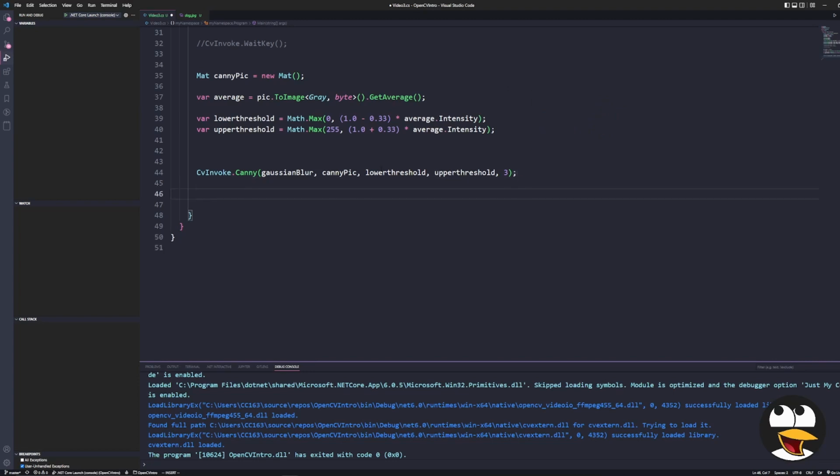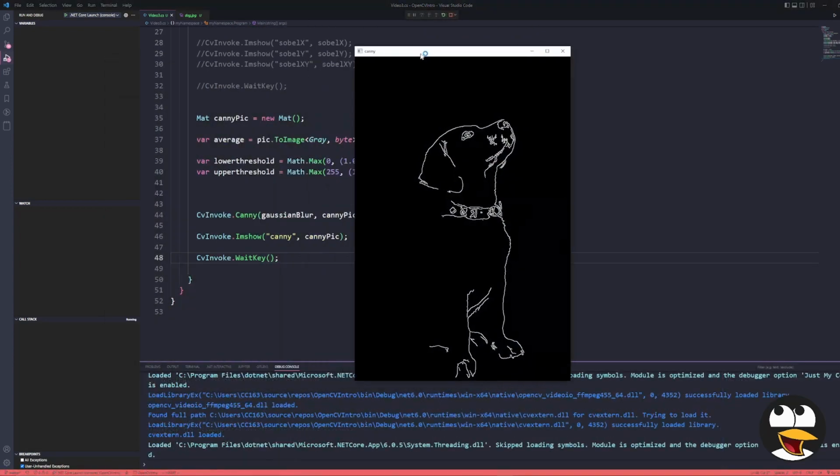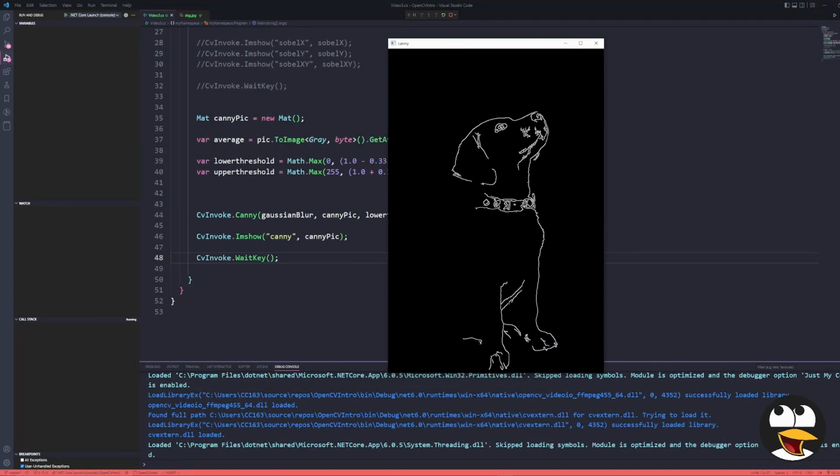Okay, so now in Canny Pick we've got our Canny edge. Let's show it. We'll just call it Canny. Okay, and let's run that. So this is what Canny gives you. It gives you extremely well-defined edges,